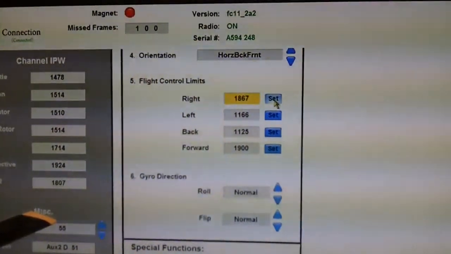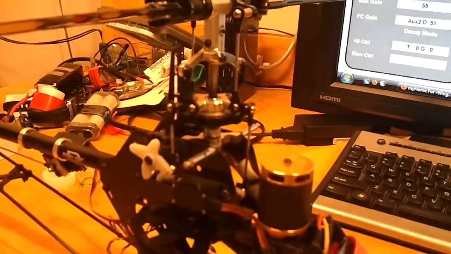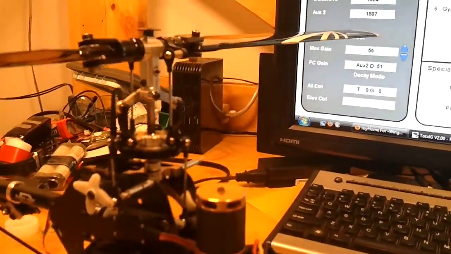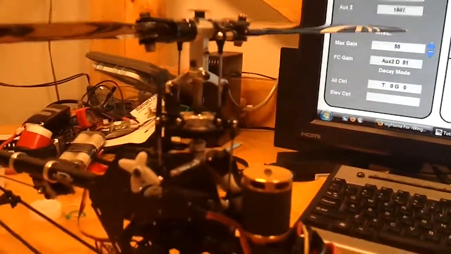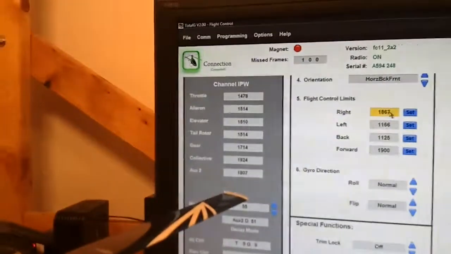But the problem I'm having here is the flight control limits in the programmer. When you hover over it, it's supposed to deactivate the gyros. In other words, when I give a little input here, it keeps creeping just like it's on heading hold, and the programmer is supposed to make it not do that when you're hovering over that window. So if I hover over right here,